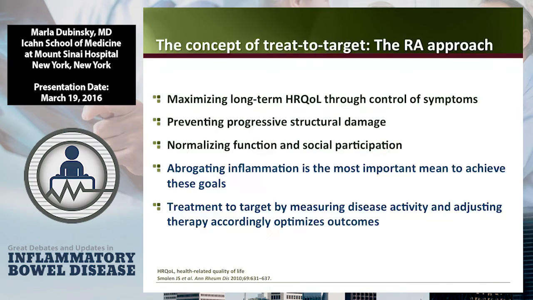So the concept of treat to target in a chronic disease state outside of diabetes, which has a drug marker that they could look at to help us improve, the rheumatologists really introduced this in 2010. It's 6 years ago now. To be fair, they haven't adopted it across the board. You ask any rheumatologist, one could say, oh yeah, I'm totally treating, I follow this treat to target algorithm. The other one says, yeah, I just look at their joints.